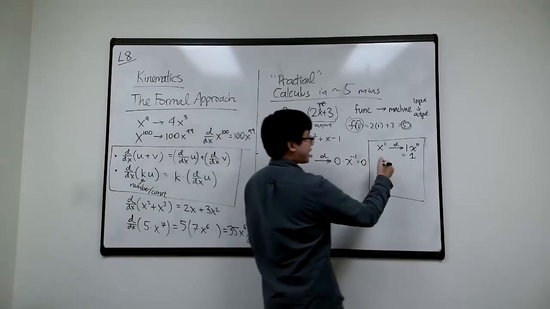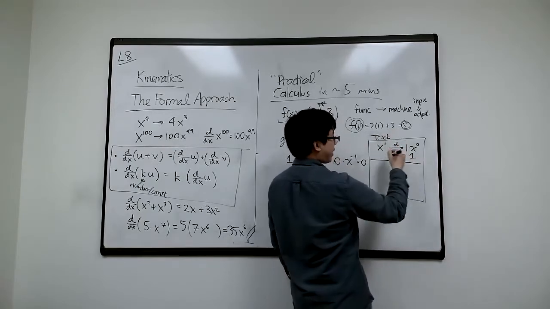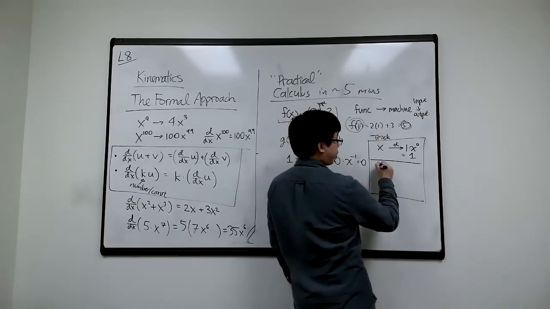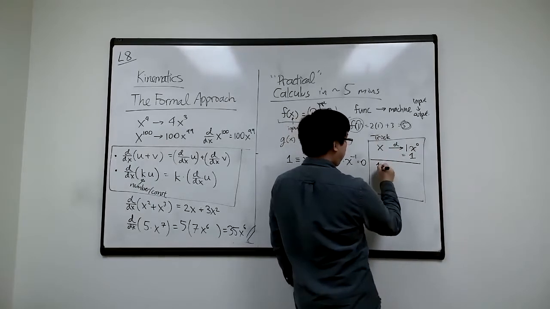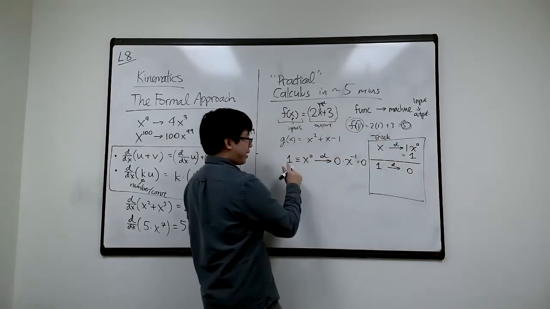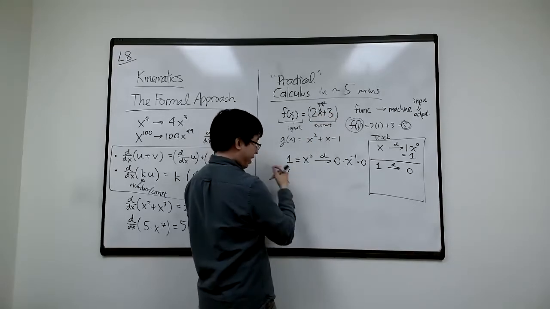So the next trick you'll learn, so this is one trick: if you have x, it differentiates to 1. If you have 1, it differentiates to 0. In fact, even if I want to differentiate 3, right? So if I differentiate,